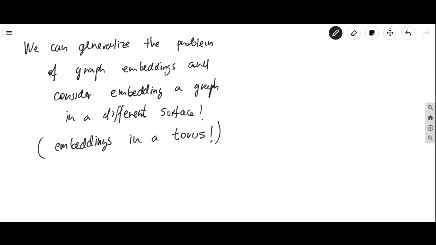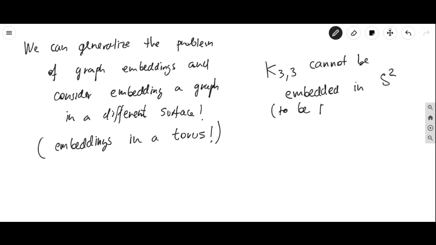So let's make the following observation, that K33 cannot be embedded in the sphere. We're going to prove this later. We will actually prove this later. So K33 cannot be embedded in S2,